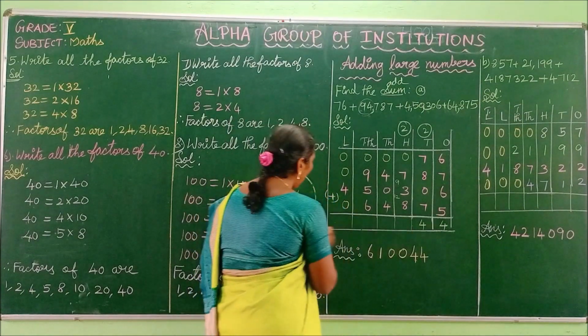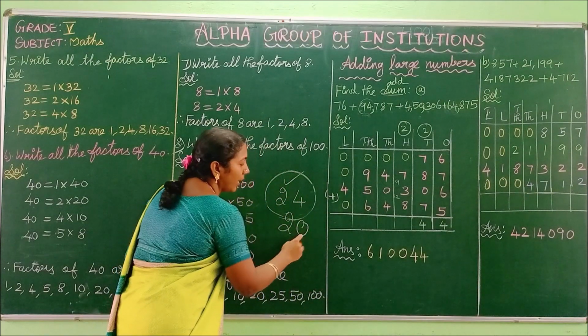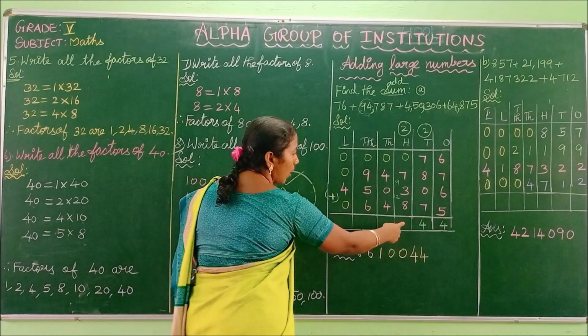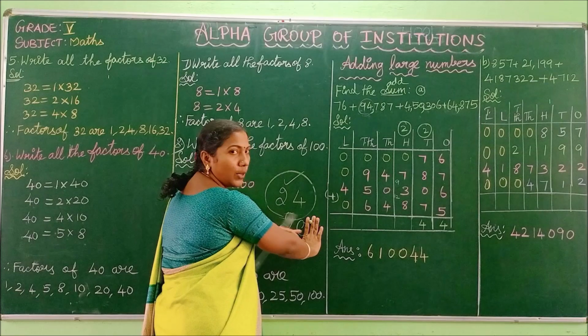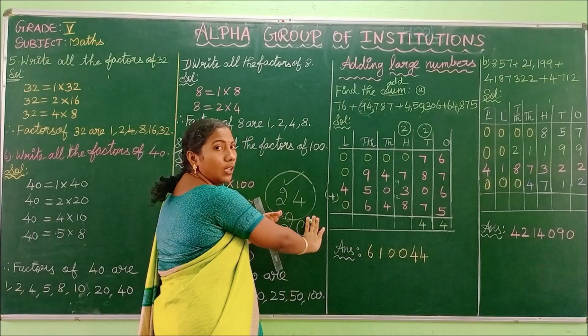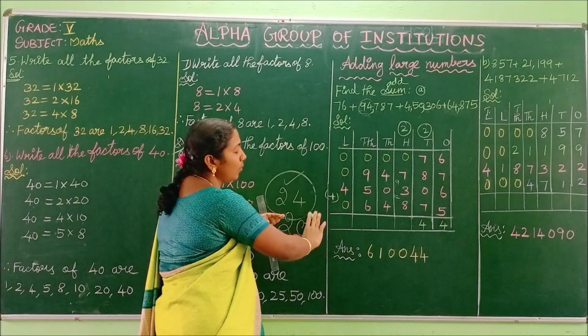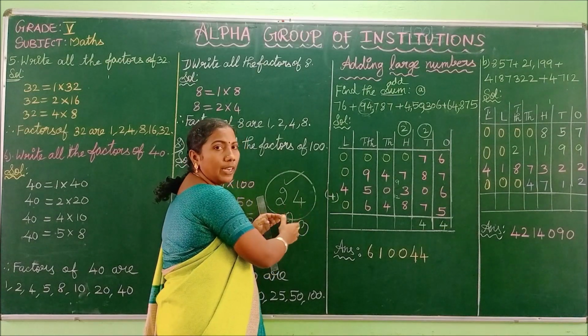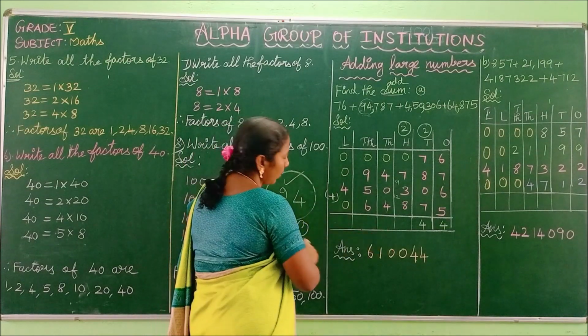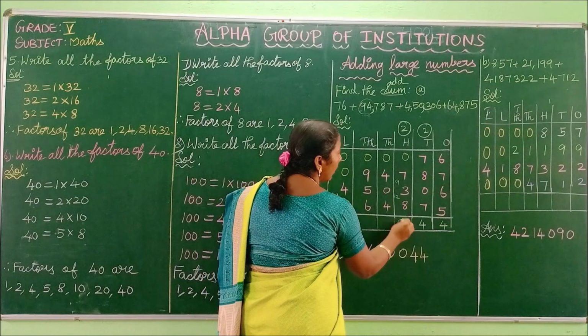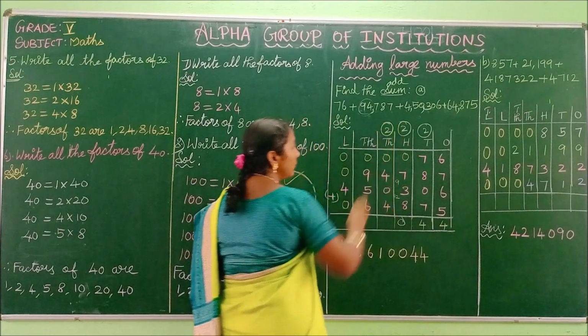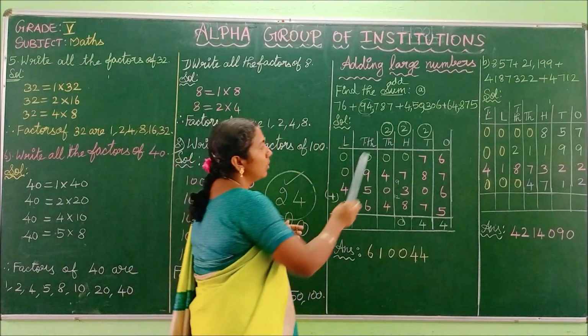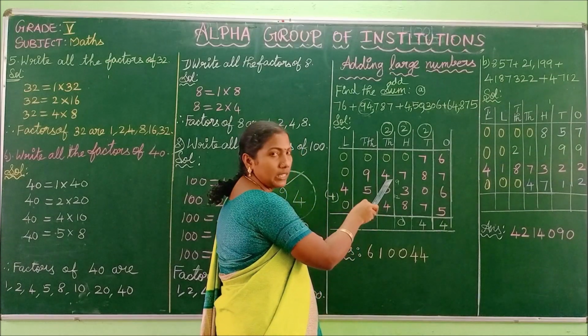Okay. So 20 means you have to write the number 0 in the bottom. This is the number near to your right hand. This is the number near to your left hand. You have to write the number which is near to your right hand below this bottom. So you have to write 0 here and write the 2 here. Do you understand children?